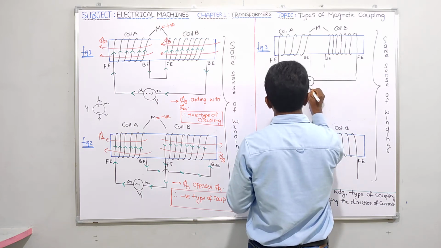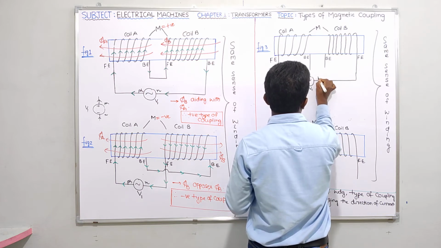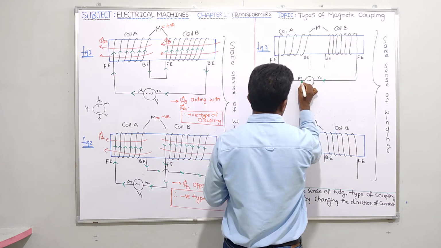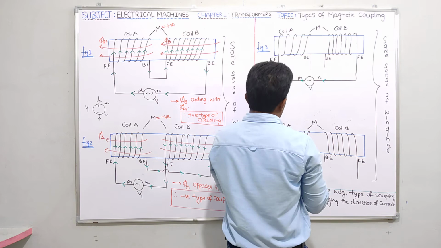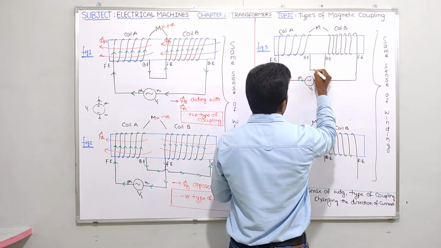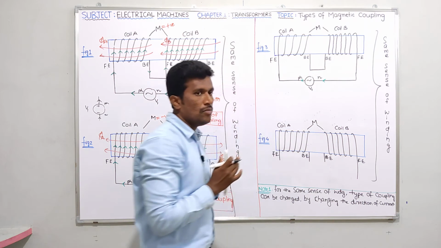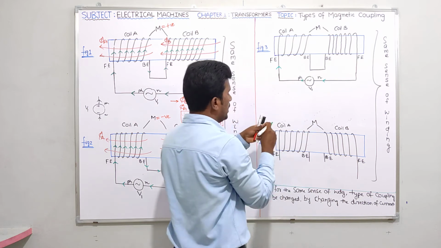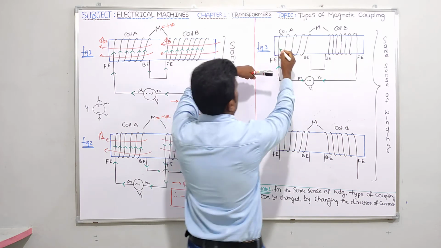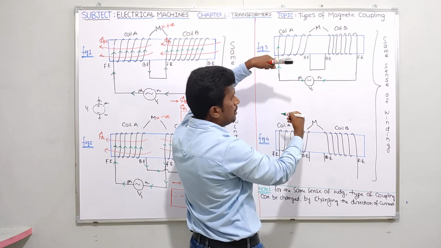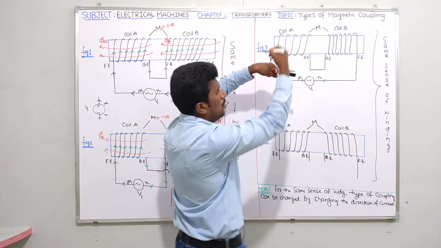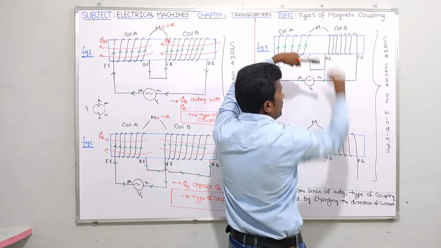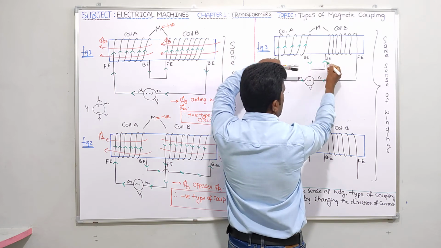So V1 is the applied voltage source, phase and neutral. I already told that in a source, current always enters at neutral and leaves from the phase. Is it clear? Now I connected here the back end of coil A to the back end of coil B like this. Okay. Now since the direction of current is like this, yes, it is entering at the front end. Yes, it is entering at the front end. The direction of current will be like this. It is leaving at the back end. Once I cannot show that direction of current at the back end, I can show the direction of current from the front end.